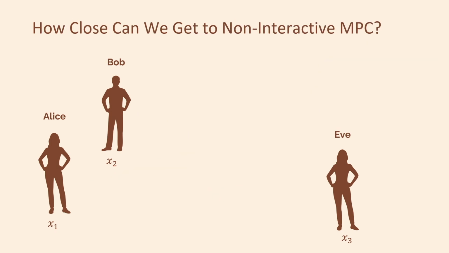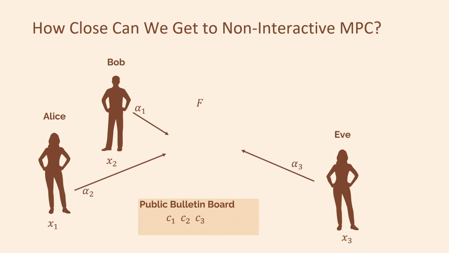Okay, so non-interactive MPC is impossible, but let's say we're stubborn and we don't want to accept this. So I can tell you a way to get some of the properties of non-interactive MPC without running into this problem. The idea is as follows. This system is going to work with respect to what we're going to call a public bulletin board that everyone can see at all times. As a first step, all the parties are going to publish special non-interactive commitments to their inputs. Once this phase is done, let's say the parties want to evaluate f again, so they can do this using a single additional round of interaction.